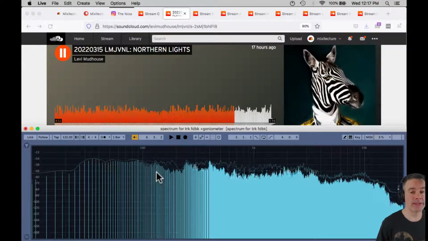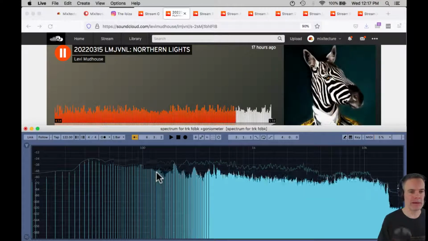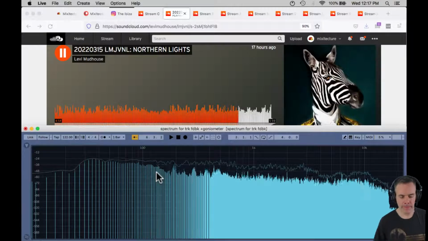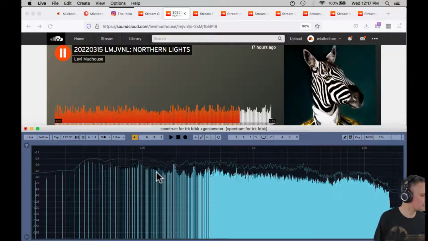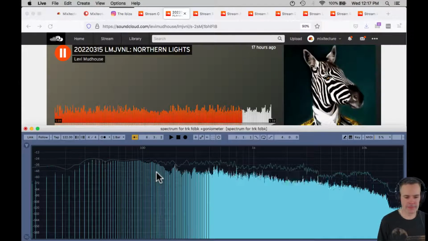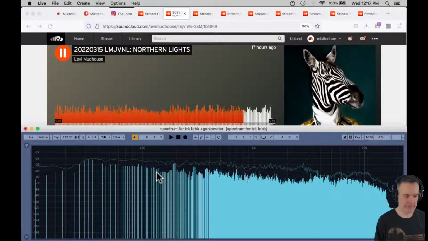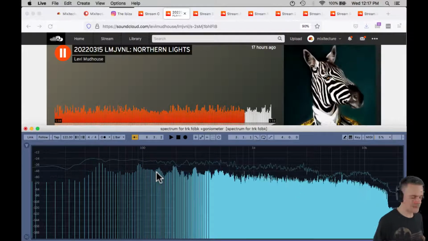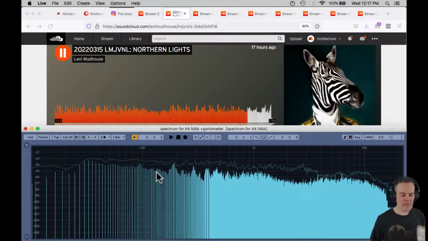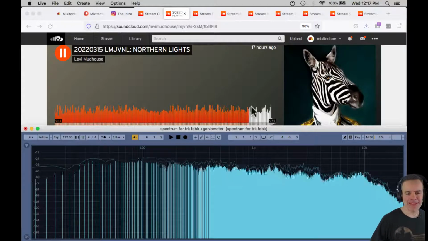And it works well when the bass line is simple and going in between the kick. Yeah, that bassline sound,